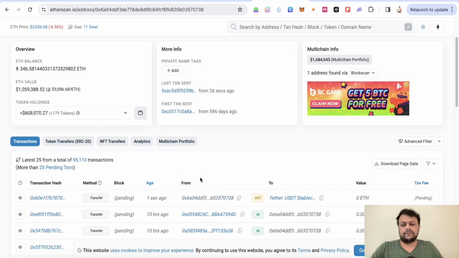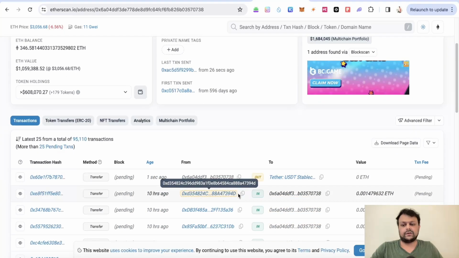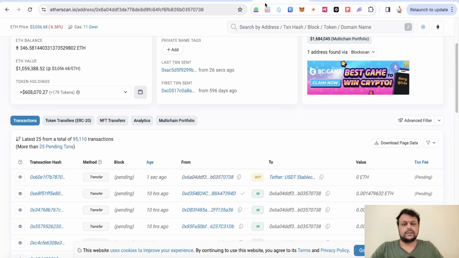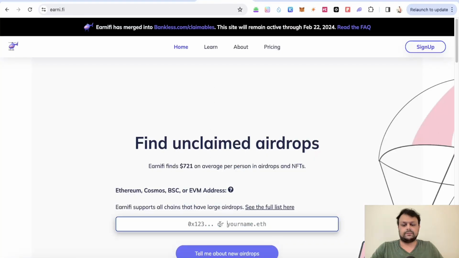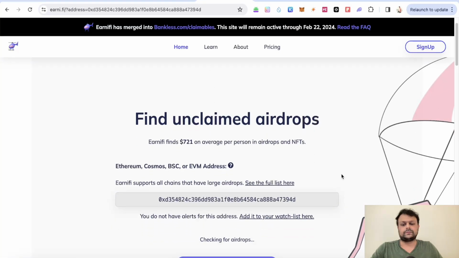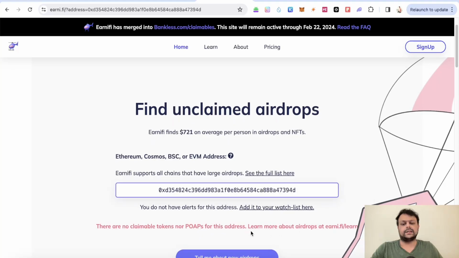So basically I will go ahead and copy one of the addresses over here and we'll paste it over here. So as you can see, it's checking for the airdrop and there are no claimable tokens nor POAPs for this